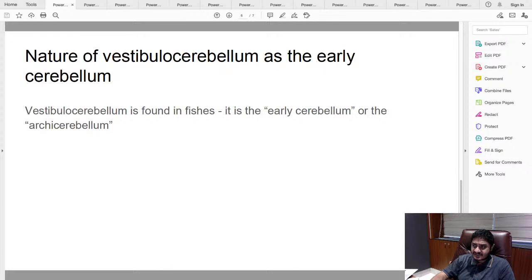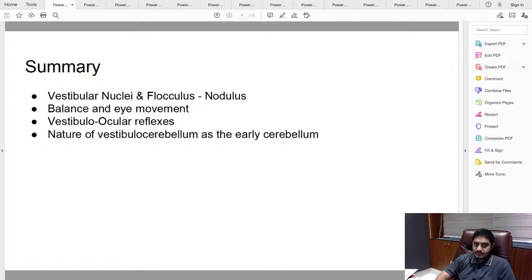So you have this nice evolution of cerebellum from the early to the relatively newer forms. So what we have noted is that you have the early cerebellum, and this is going to help in balance and eye movements and vestibular ocular reflexes, and this is the archicerebellum. Something to note again, these are the kind of things that might be